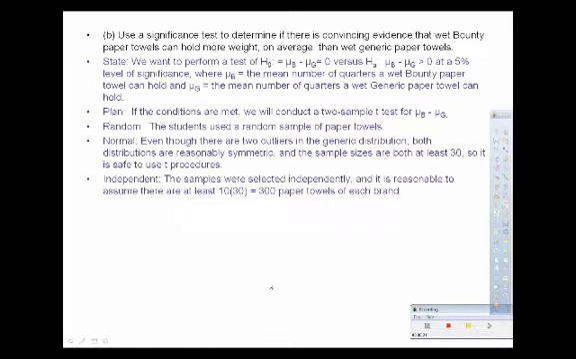Check for independent. We can say the samples were selected independently, and it's reasonable to assume that there are at least 300 paper towels of each brand. So, let's do it. Okay, the first thing you need to do is get your mean and standard